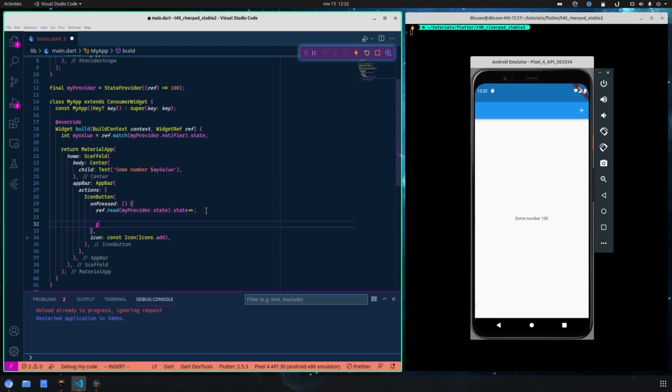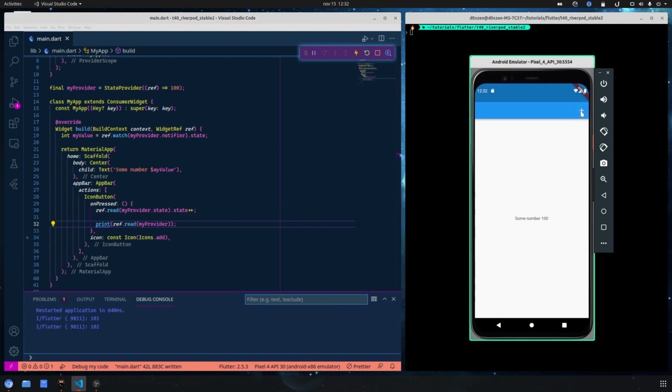But here we can bring ref.read, remove the state here, and now if you restart, as you can see in the console, it prints the updated state,